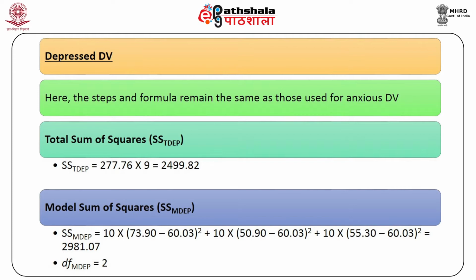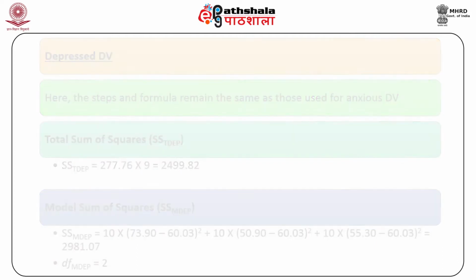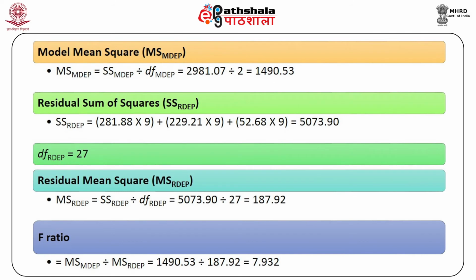So, we calculate the total sum of square, the model sum of squares, right, which turns out to be 2981.07. The degree of freedom is 2. The model mean square turns out to be, of course, the ratio of the previous two quantities, 2981.07 divided by 2, which is 1490.53. The residual sum of square for depression is also calculated, and this turns out to be the sum of square equal to